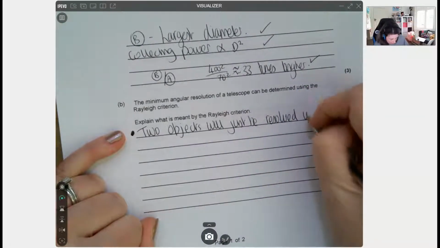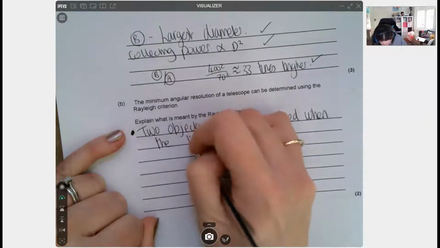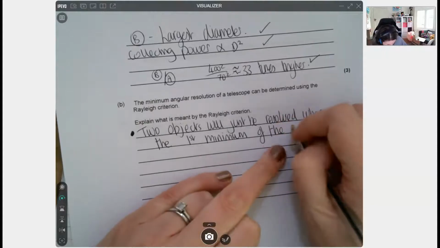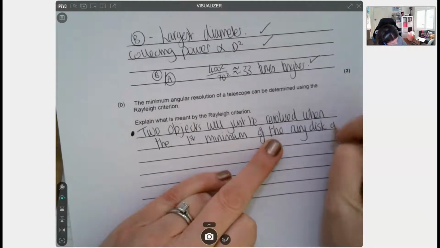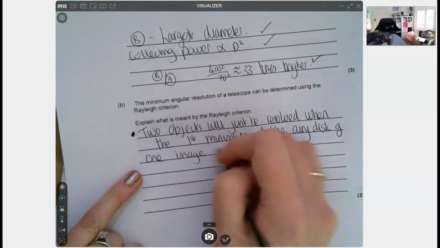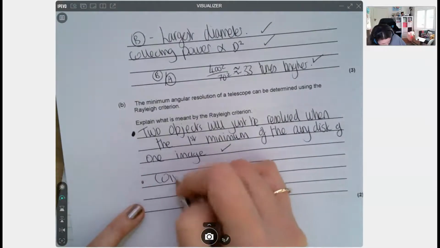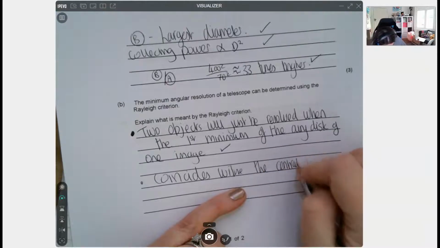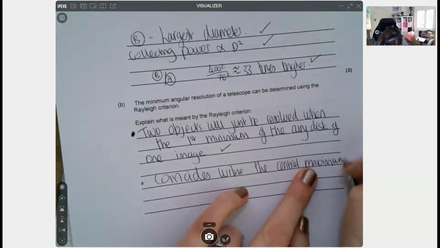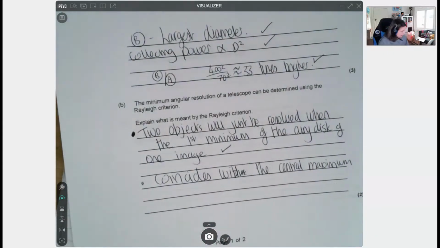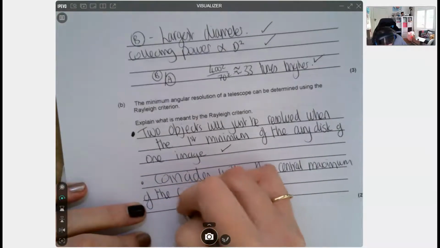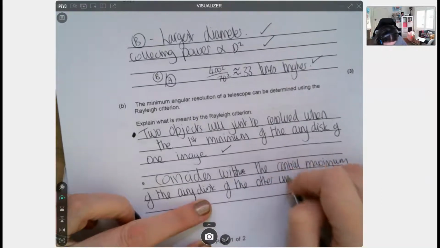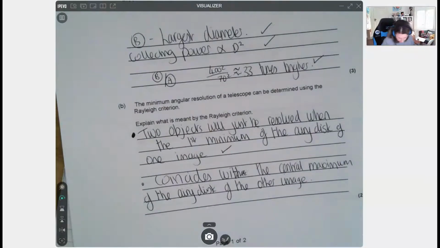Okay, when the first minimum of the airy disk of one image, 1 mark, coincides with the central maximum, spelled with wrong, the central maximum of the airy disk of the other image. I mean, the key points it's looking for is resolved,